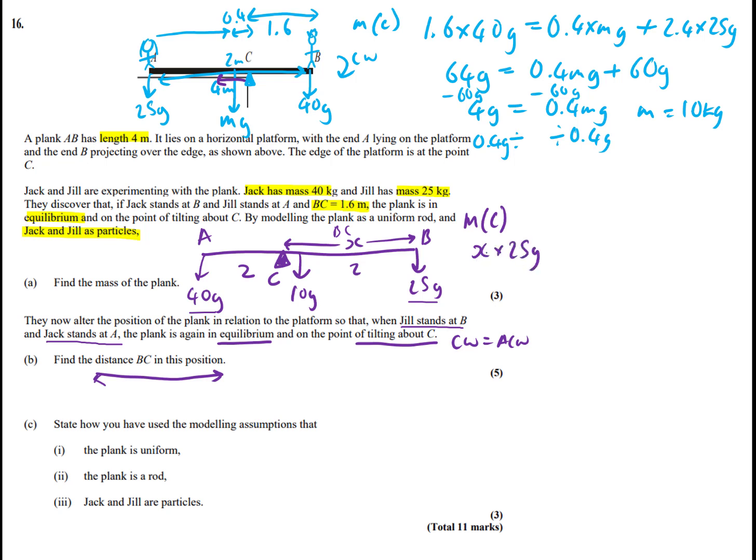You could use a Y so you don't get the X's confused. Plus 10G, the weight of the rod. And can you see this whole length is X and that bit is 2 here? You're going to get 10G times X minus 2. Now that's going to equal